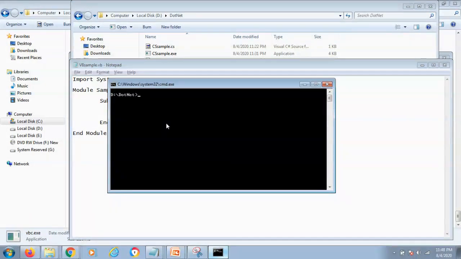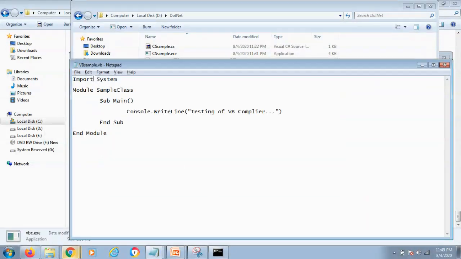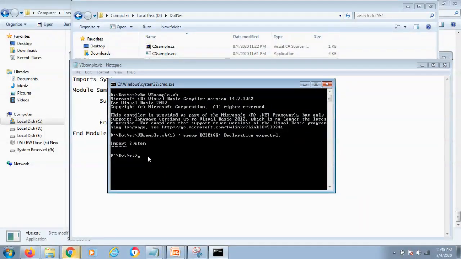Let's compile that file with the help of the VB compiler. I believe there is some problem. So let's have a look at that file. I believe this is the issue. Let's try again.